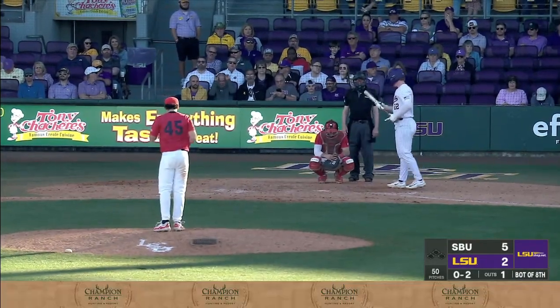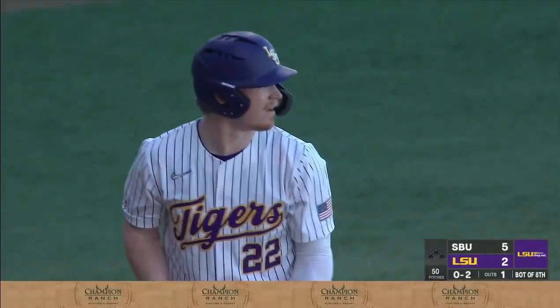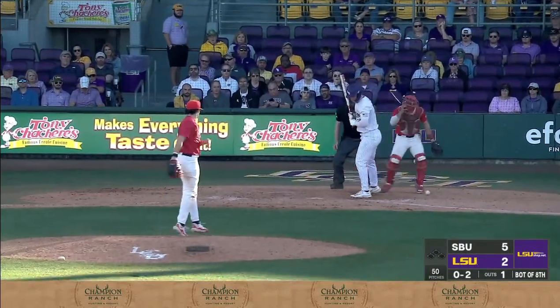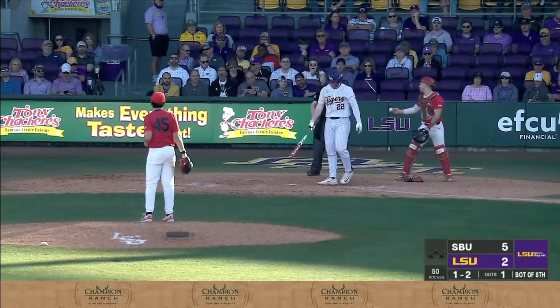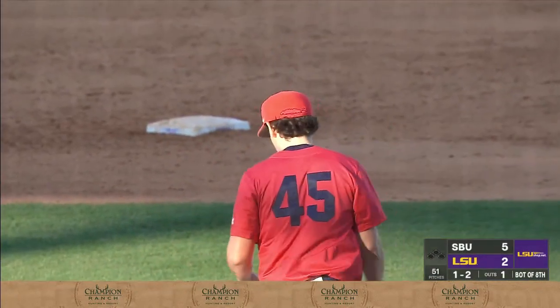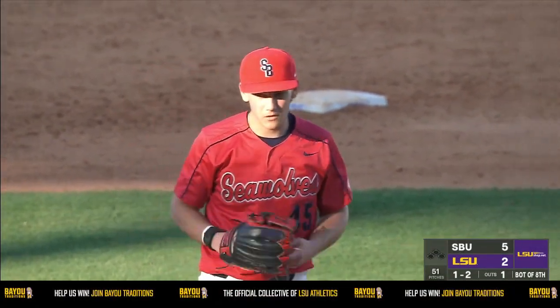A good changeup. He's got good feel for the off-speed pitches, does Paulson, throwing them for strikes. I always talk about you can't tell me you have this many pitches if you can't throw them for strikes. Pitch inside with the 0-2 delivery. It's 1 ball, 2 strikes. And as you said, Chris, Paulson has done a nice job of coming on for Smink and throwing a lot of strikes,